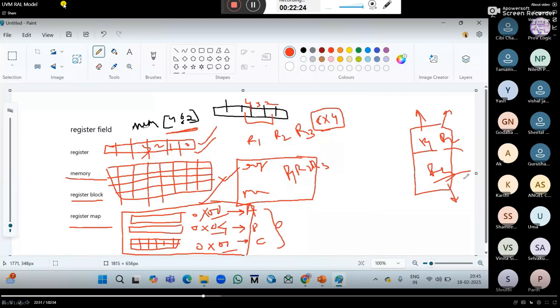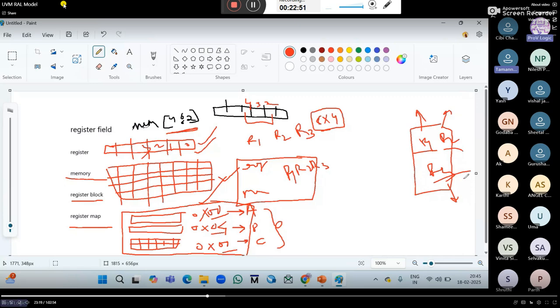Register model? So Prashanti, tell. My question is, this memory block map, all this is being defined for, let's say, a RAM whose size is 4 down to 2.